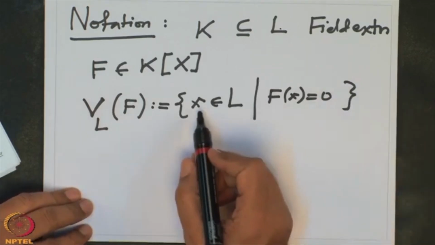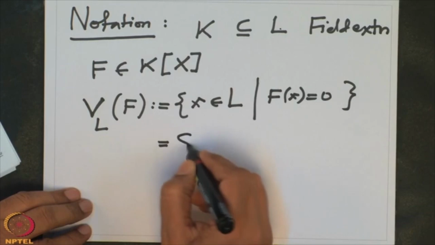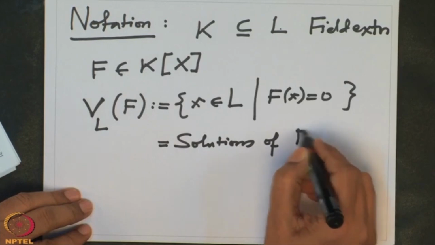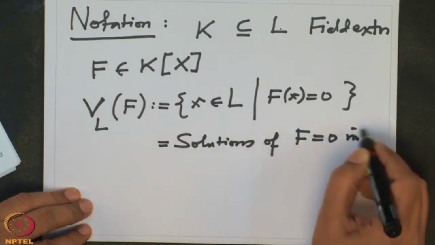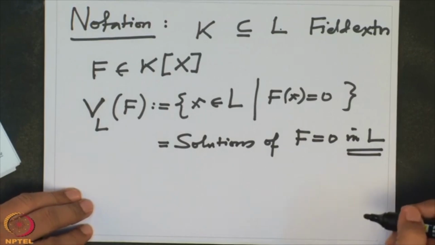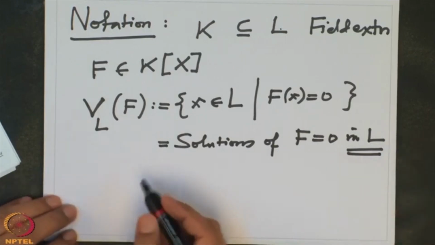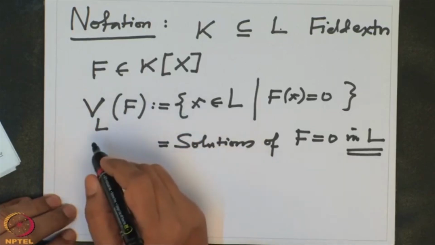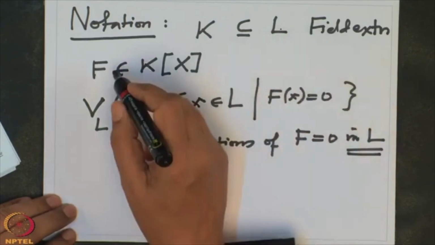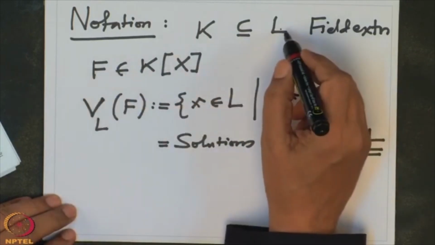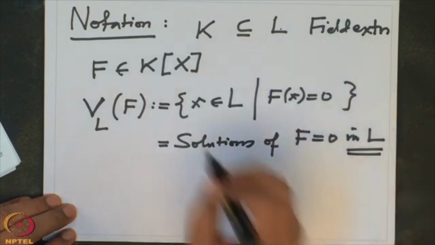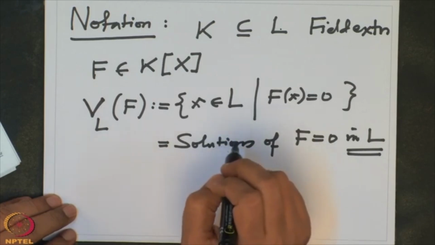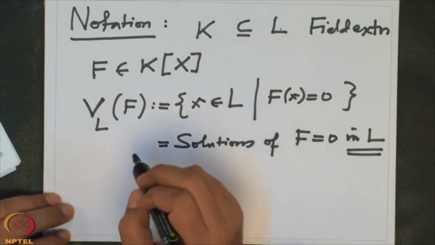That means this is the set of solutions of f equal to 0 in L. This is what we want to study. Our main problem is: given a polynomial f, can you find L so that all the solutions are in L, and do the solutions have closed formulas in terms of the coefficients of f,